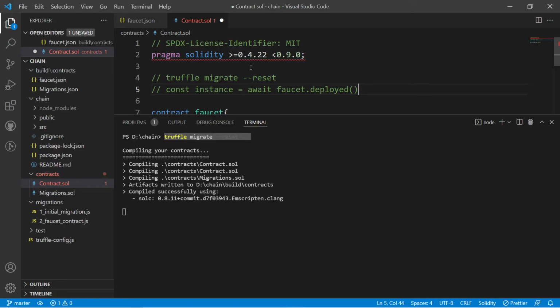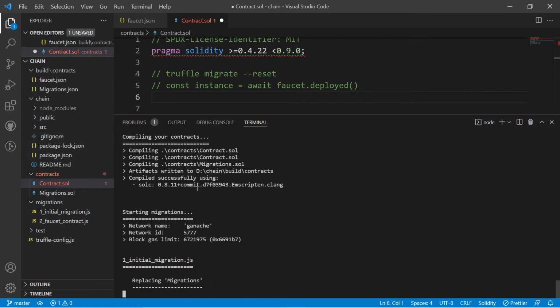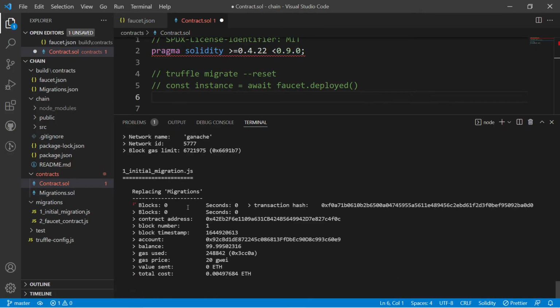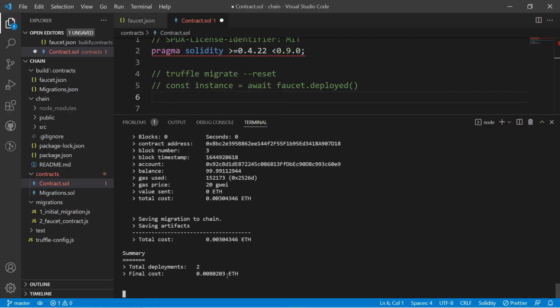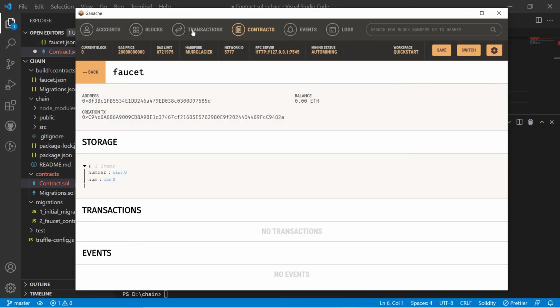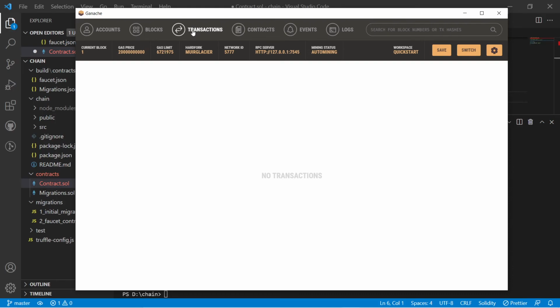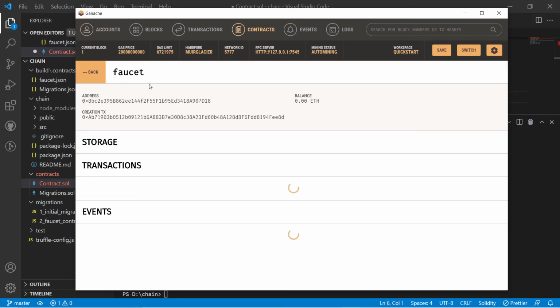Alright, now we are good to go. So alright, now our commands are fulfilled, and transactions also proceed in the background. Alright, let me open Ganache again, go to transactions. So I think there is some lag, because the transactions will proceed and the amount will be deducted also. But let me go to contract again and check what pops up.